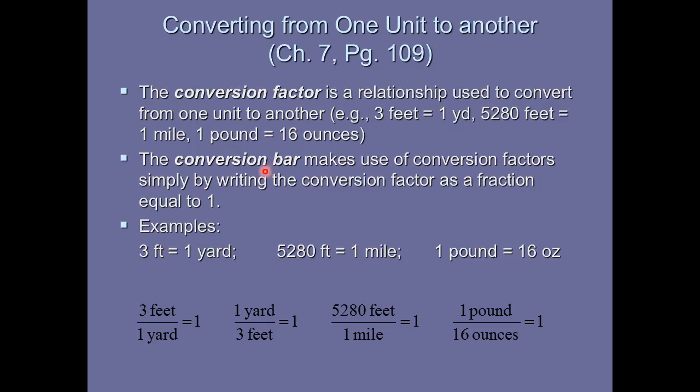So it's actually a relationship between two units. So we use a conversion bar like this, a horizontal line, and then write one unit at the top, meaning at the numerator, and the other at the denominator. For an example, we know that 3 feet equals 1 yard. Just from this, we make a conversion factor 3 feet over 1 yard. And the conversion factor is always equal to 1 because these two things are equal, even if they're in different units, okay? So based on any of the equivalences, for an example, 5,280 feet equals 1 mile, we make another